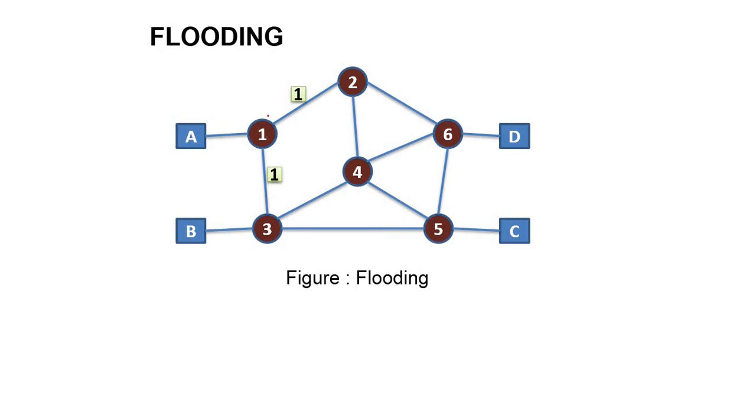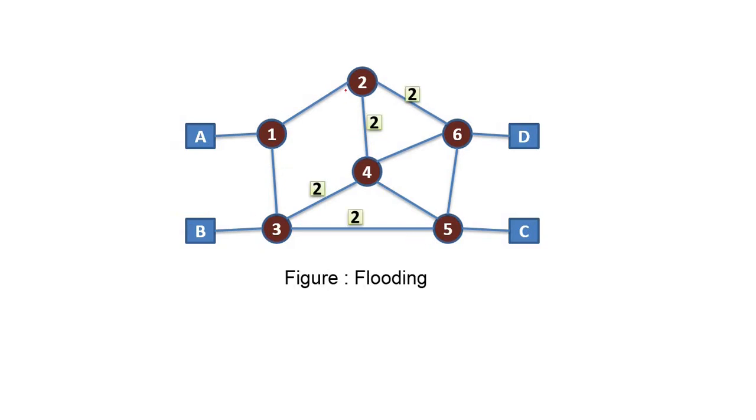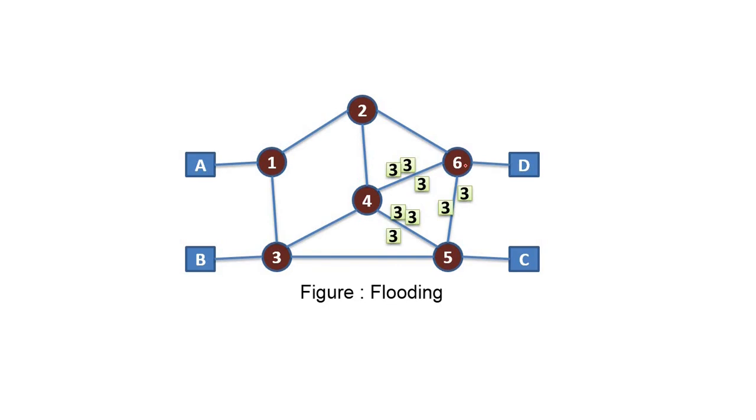Suppose we have one data packet, so it is going to be sent to node 2 and node 3. Now node 2 will receive this packet and send towards 6 and 4, and 3 will send toward 4 and 5. Get it? So that is the second step. Again 4, 6 and 5 will receive all these packets. So 4 will send towards every other direction, towards 6 and 5. 5 will send toward 4 and 6, and 6 will send toward 4 and 5. So it will generate duplicate packets. So that is the duplicacy. It means it is a limitation of flooding.